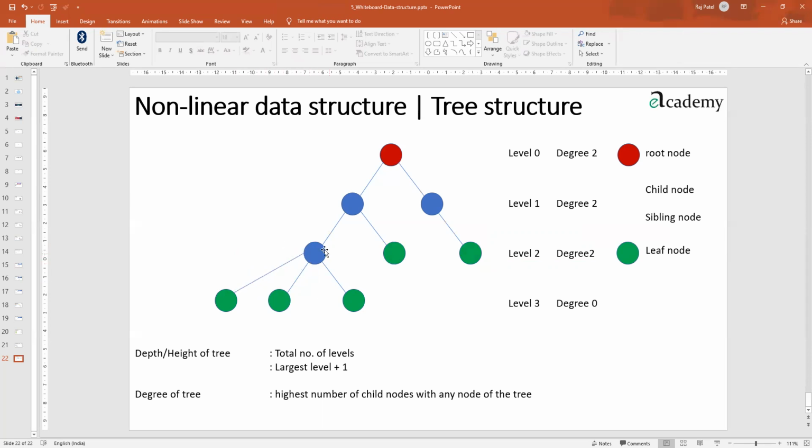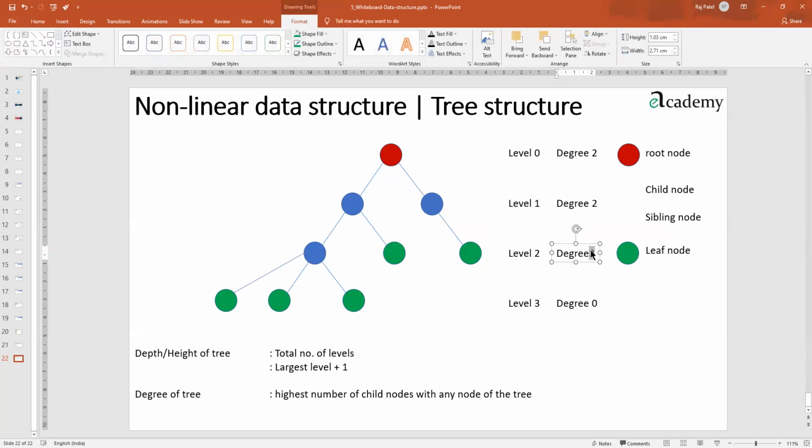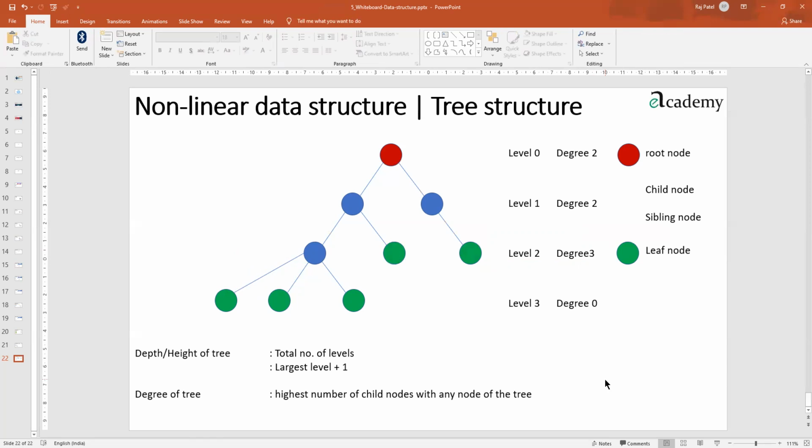What is the degree of this particular node? It is 3 now. So this kind of tree is also perfectly fine. It depends on what kind of tree you are making. So these are the different terminologies available in trees. Now I'll go to the next slide.